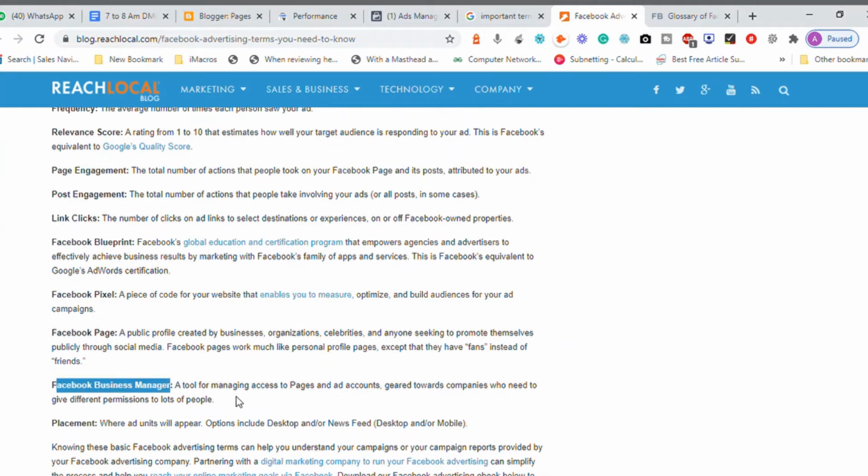Facebook Business Manager is used to manage multiple business pages and ad accounts. Let me say I'm teaching you and you want to run a Facebook advertisement, and you want to tell me, sir, I want you to monitor how this advertisement is performing. Rather than asking you for the username and password, I will request you to give me admin level or manager level access, so that I can manage those accounts through Facebook Business Manager. They have to give permission and then I'll be able to manage it. So this is basically Facebook Business Manager.